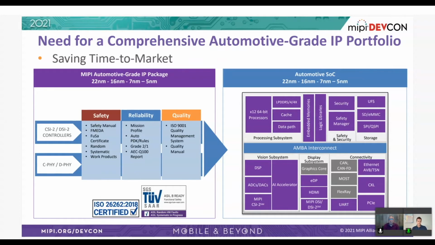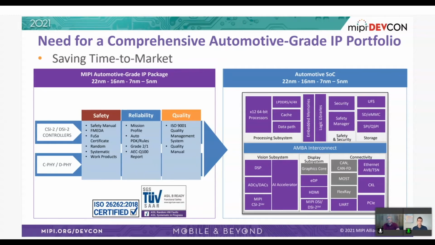On the right side, my point here is that if you're designing your SoC for automotive, obviously you need to make decisions about your architecture, which building blocks are needed, and in terms of the interfaces, you really need to take care of the protocol, which versions, what type of protocol you want to support. And then obviously, if you want to source building blocks to add to your architecture, you need to make sure that the protocol is covered.